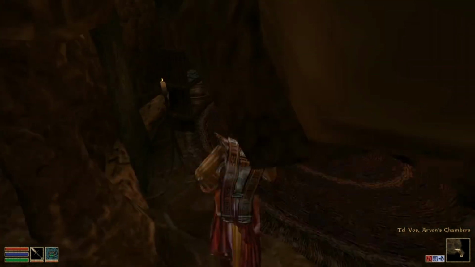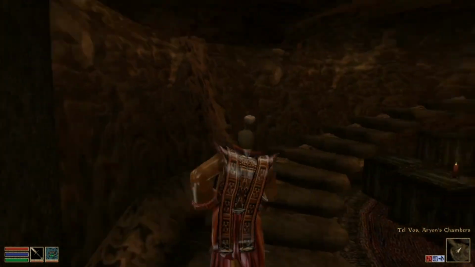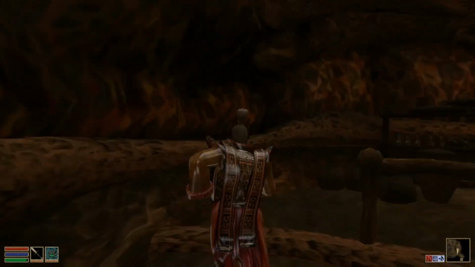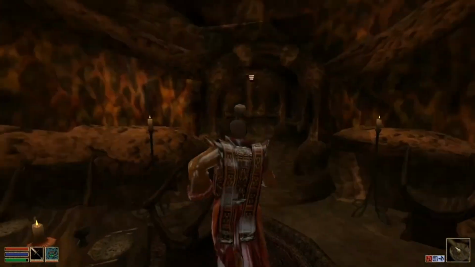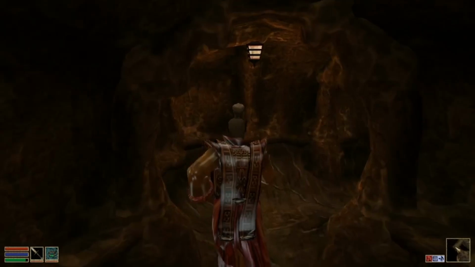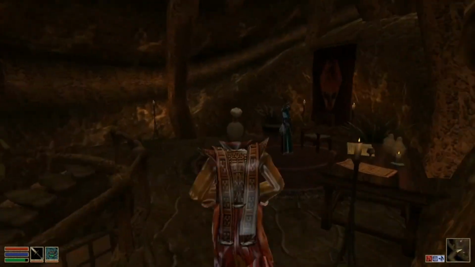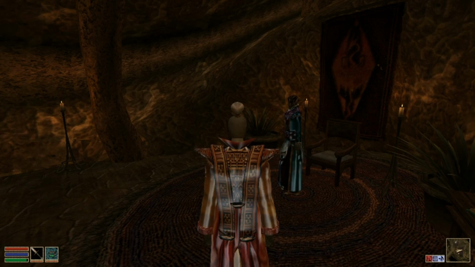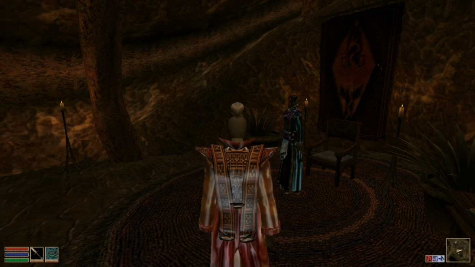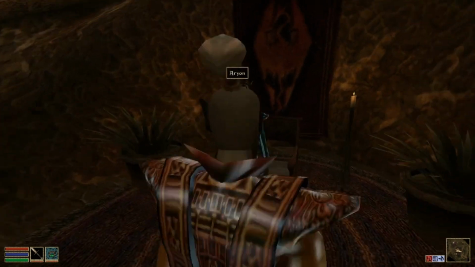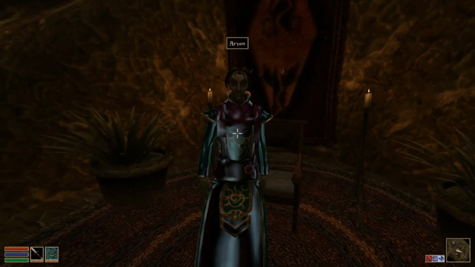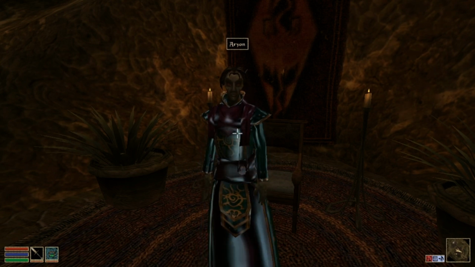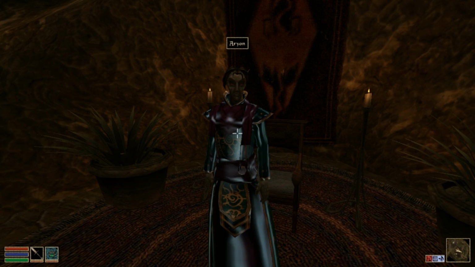So I can just go straight to the place and do what I need to do freely. And I would recommend that you create separate saves for this, just in case something happens. I actually have a whole separate character save file that I use to do console commands and mods. So you can just get around very quickly. See, this is my Telvanni robe mod. So all the masters have different robes. So these are very basic